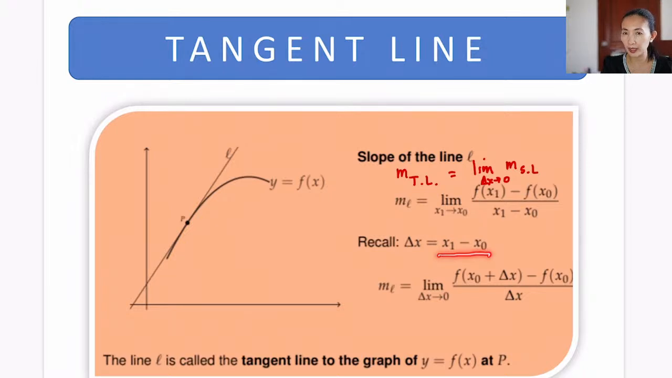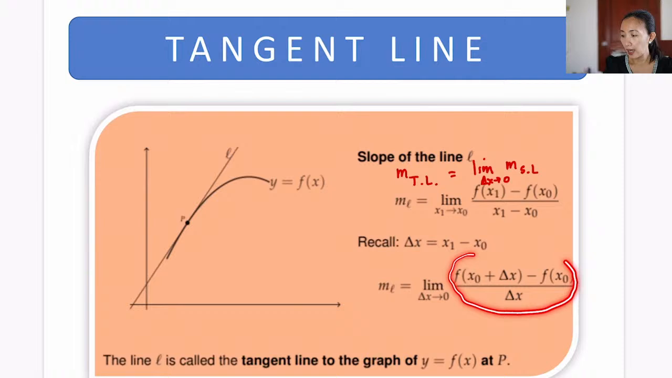Therefore, in the formula, we could replace x sub 1 with x naught plus delta x, and x sub 1 minus x naught as delta x. This is therefore the slope of the tangent line. So the slope of the tangent line is given by this formula now. Slope of the tangent line is equal to the limit of, this in fact is the slope of your secant